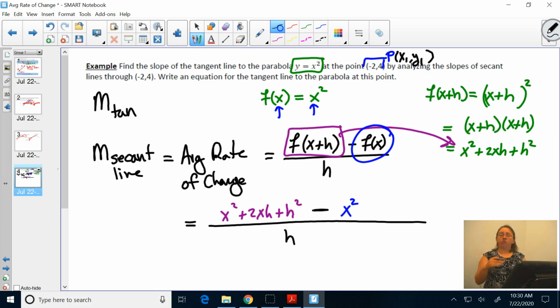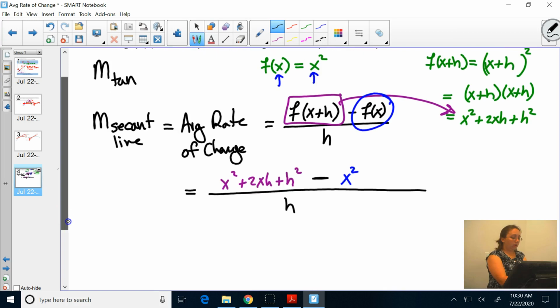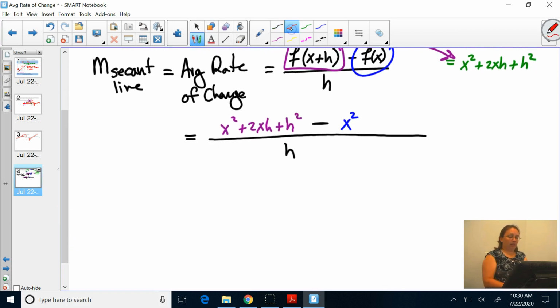Remember, h is h until we're ready to take the limit, until we're ready to let h get as small as possible. All right, so let's simplify here. What can we do to simplify this? This is algebra, just work it out. So the x squareds on top have opposite signs, so those can cancel out, which leaves us with 2xh plus h squared over h,